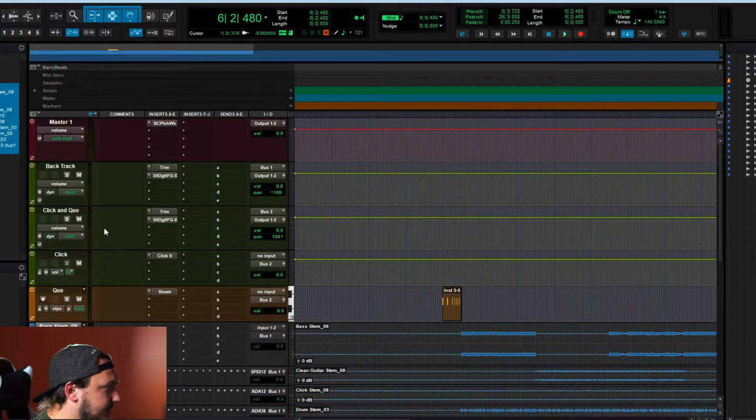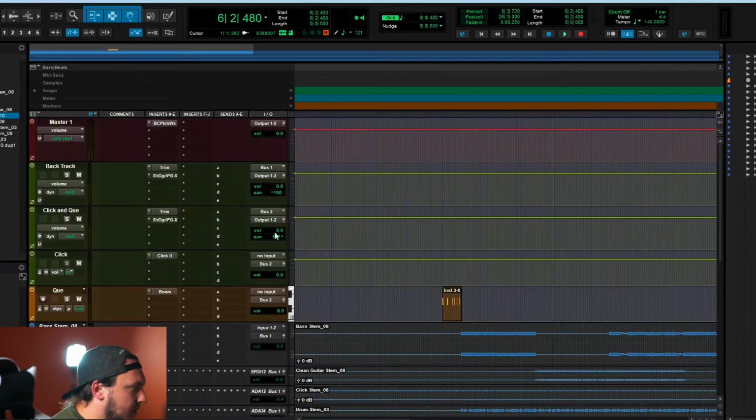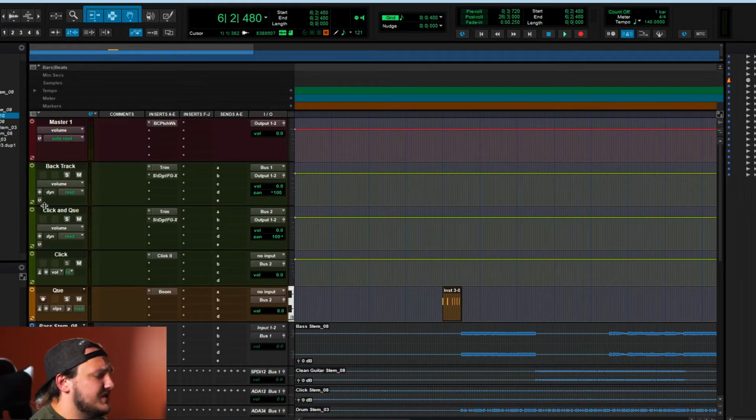So let's get started. For this one, just real quick, setting it up, we've got our post-pro running to bus 1, which I've created these auxiliary sends just to be able to route Pro Tools and be able to actually talk and you guys hear everything that I'm doing. I made it a little bit more complicated than it needs to be, but more realistically, you route everything to one channel on the left that's going to be played from the house. That's going to be your post-pro, all that stuff. And you'll run your click, and I have a cue in there for him, and you run those to the